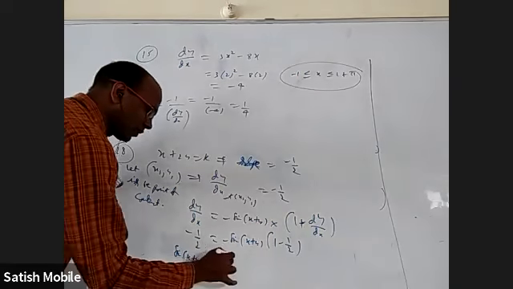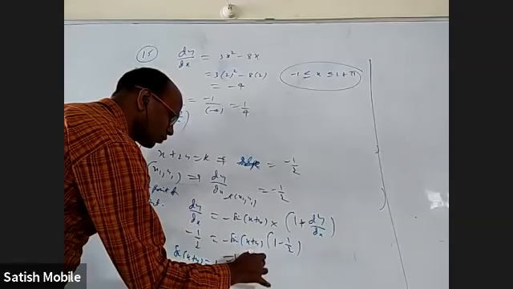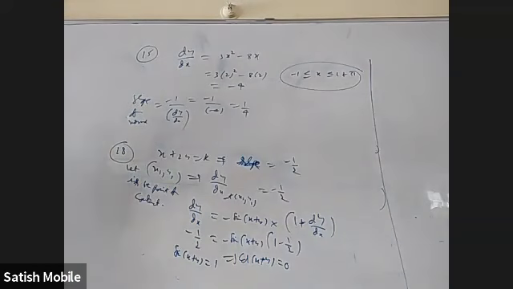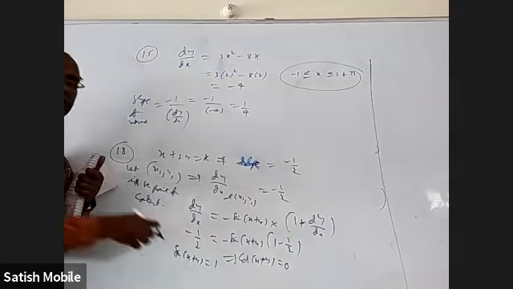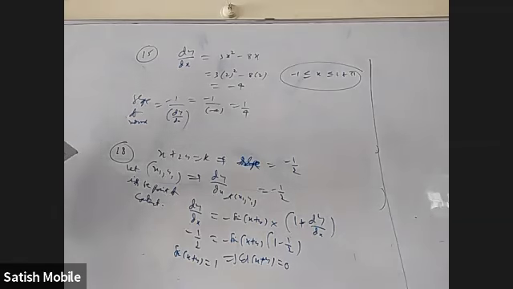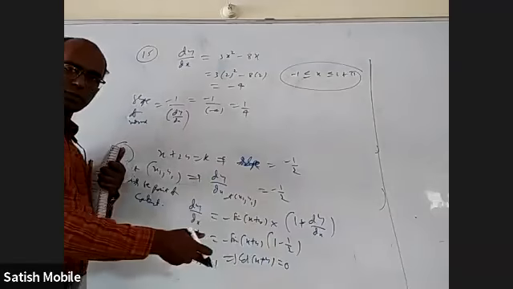Sin (x plus y), whenever it is 1, definitely cos (x plus y) is 0? Whenever sin (x plus y) is 1, cos (x plus y) is 0, right? Yes or no? Okay. One may say sin (x plus y) equal to 1 means x plus y can be pi by 2, 5 pi by 2, or 9 pi by 2. So many options are there. Okay. You don't have to worry. Whenever sin (x plus y) is 1, cos (x plus y) is 0.